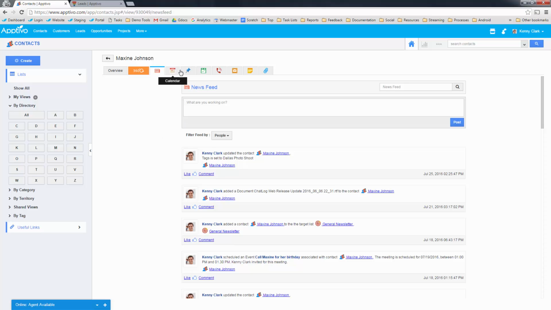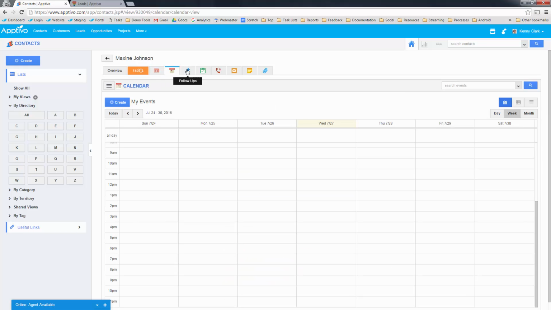So the idea is that I'll use one of my activity types up here. So we just give you 3 different types of activities. Like if you have a time of day, you use the calendar. If you don't have a time of day, you use the follow-up, versus like an internal piece of work is a task, like if you have to write up a sales proposal. But they all show up on the main homepage and they all work in the same general way of, okay,